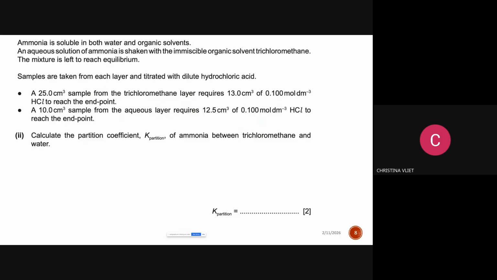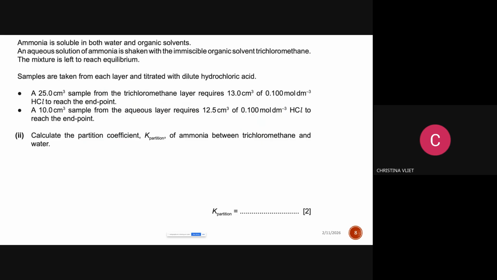And then we're going to go ahead and do it out of the 100-mark test. All right, so it says, ammonia is soluble in both water and organic solvents. They have different polarities. That's why it'll be separated. So again, it's ammonia they're talking about. We have an aqueous solution of ammonia shaken with immiscible, that word again, not mixable, organic solvent,